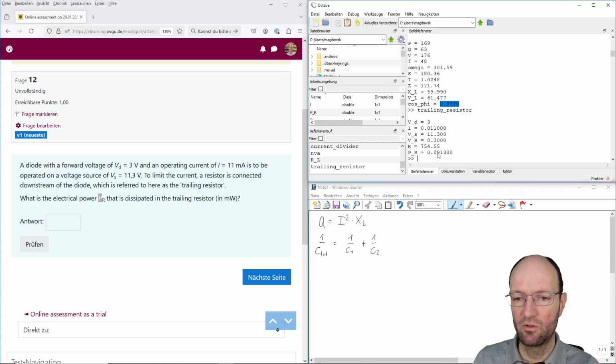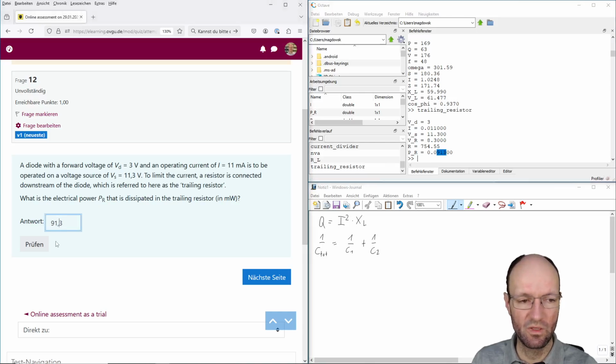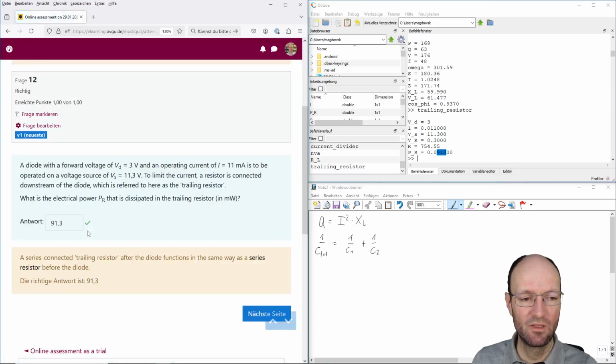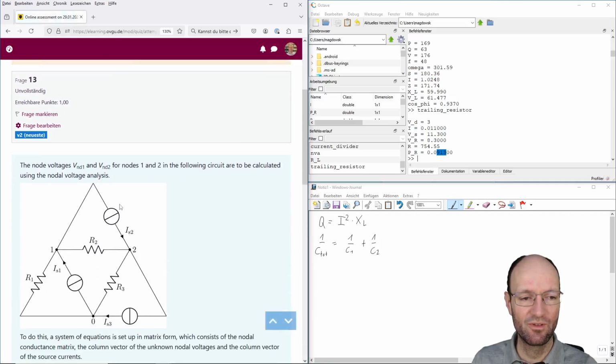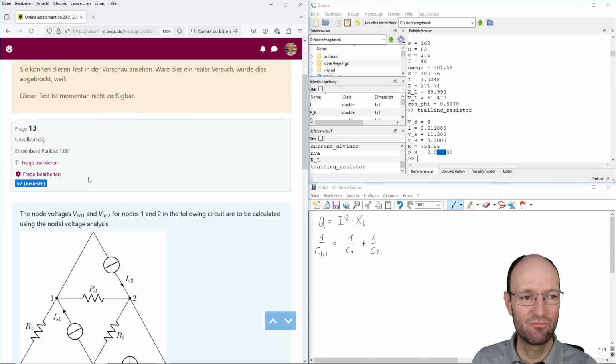This is the power in watt, and we would like to have it in the unit milliwatt. So I will copy this, paste here, set the decimal comma, and that's the right answer. Okay, next page and next question